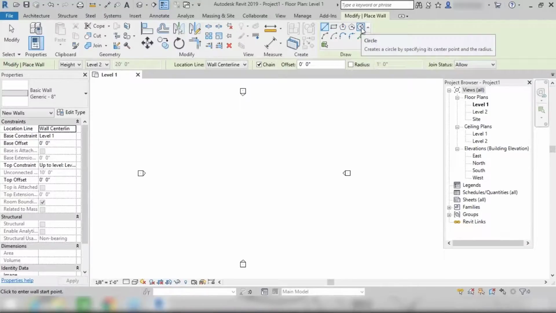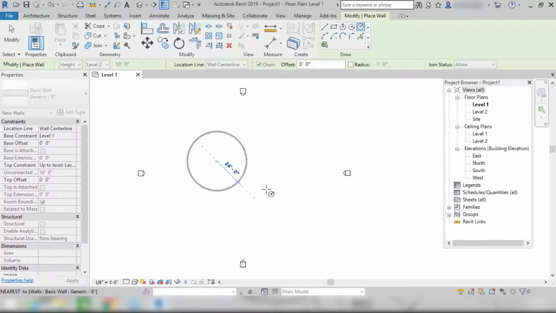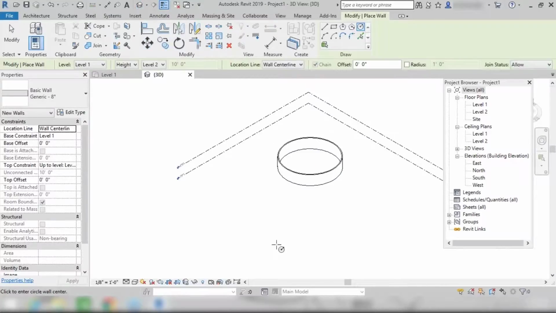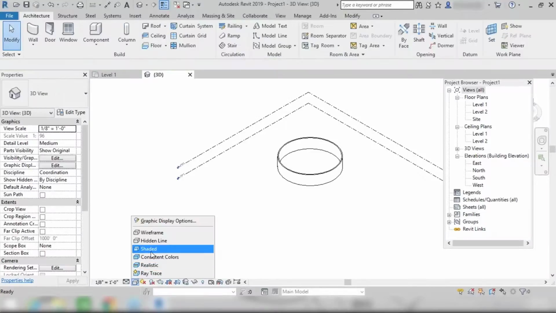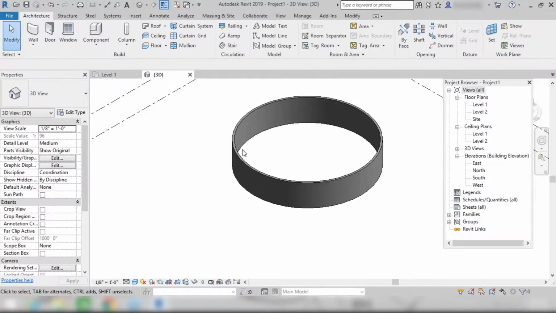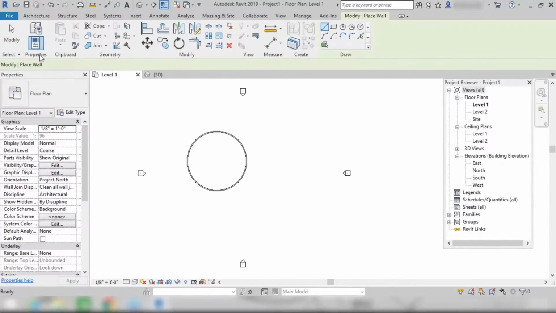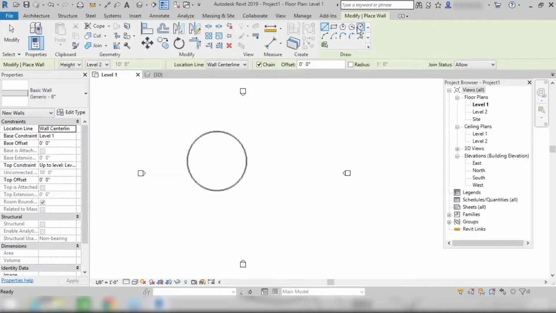If you want to create a circular wall, click on here, right? After that, you can create a circular wall like this, right? If you want to see this, switch to 3D and you can see a circular wall here, right? Change it to shaded, right? You can again go to this wall here, architectural wall, right? So from here, you can choose any type of lines, right? It can be an arc, polygon, circle, anything, right? After this, you can go to